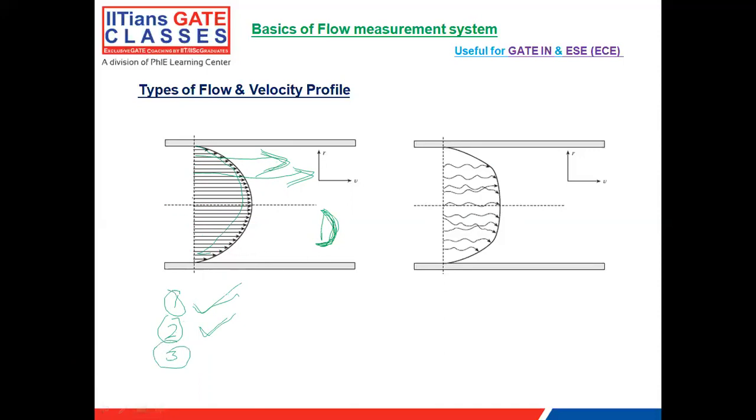There is the concept of annular layer. Annular layer, ANNULAR, right? So what is annular layer? If this is the pipe, and you are taking a small area, you can consider that as an annular layer. The velocity of the annular layer increases from 0 at the pipe wall to the maximum at the pipe center.